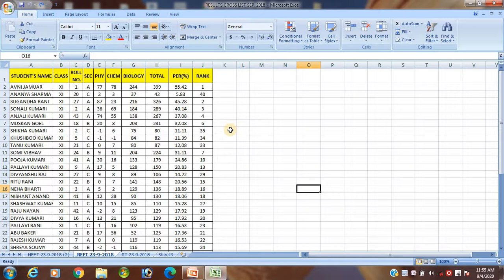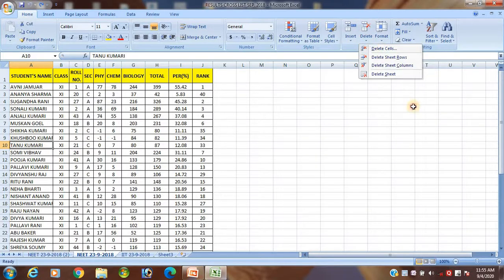Now I want to discuss the student, how to delete the cell content. See student, suppose I want to delete Tanu Kumari, then you select the cell first of all. If you want to delete multiple, then you select the range of the cells also. If you want the single cell, you select the single cell also. Go to the home tab, okay student, go to the home tab, then go to the cells group, then see here delete option are here or not student, not go to the delete, go to the editing group.